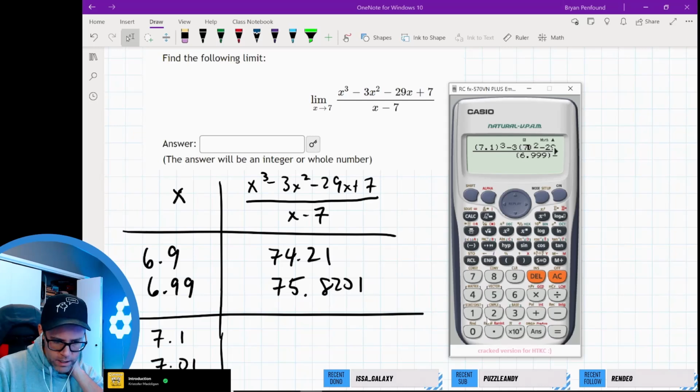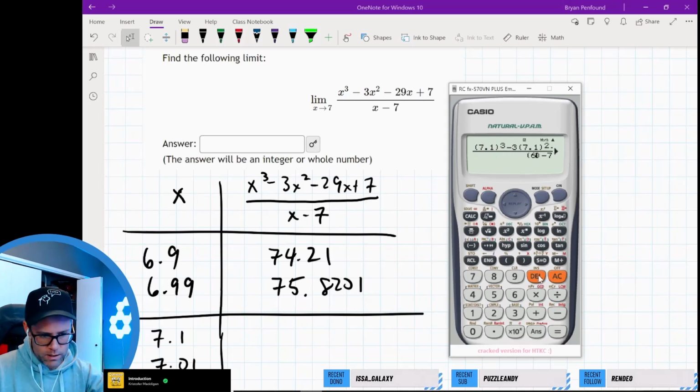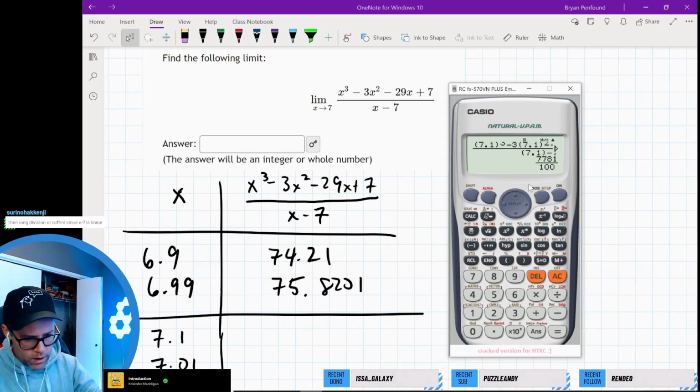And it's a bit of a tedious process here. I usually tell my students that this is kind of like the backup. If everything fails and you're not really sure what to do, or things look really complicated, a table of values is your backup to make an educated guess on what you think that limit's going to look like. So let's see, 7.1 gets us